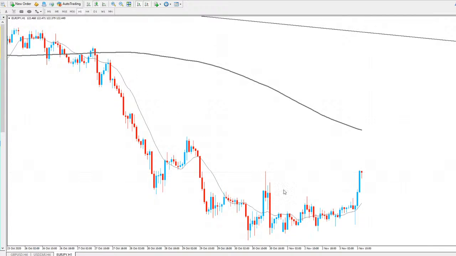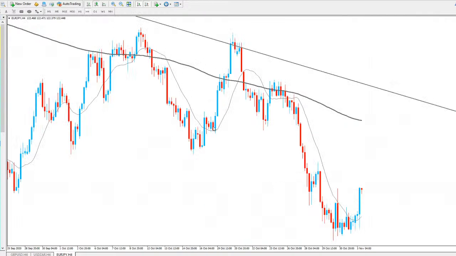But on an hourly basis, probably still expecting price to continue to the upside. Again, we do have some resistance there, but I'm still expecting price to go and break that. Again, we do have resistance above here. That's probably the initial target from the hourly time frame. And if you're lucky, you can probably see this trade going a lot further.